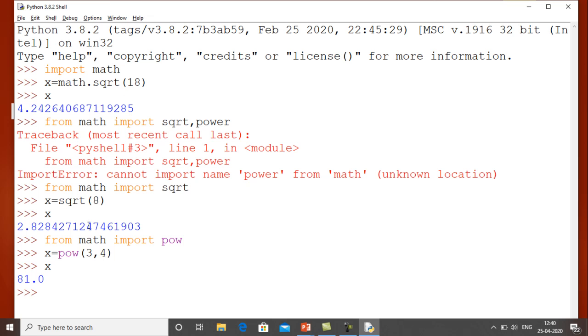But here, from math I imported sqrt, and from math I imported pow, so in that case I don't have to include the word math dot, right. So when you are using from, you can skip the name of the module before every function name, right.